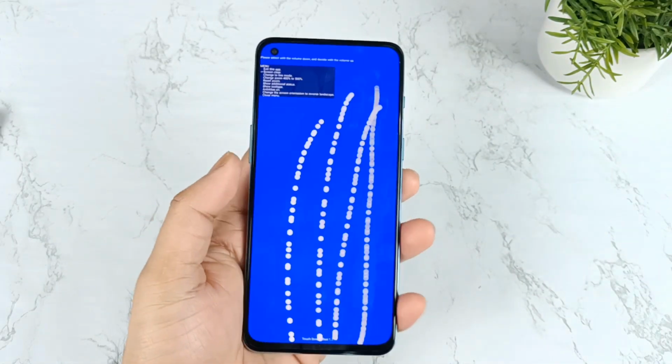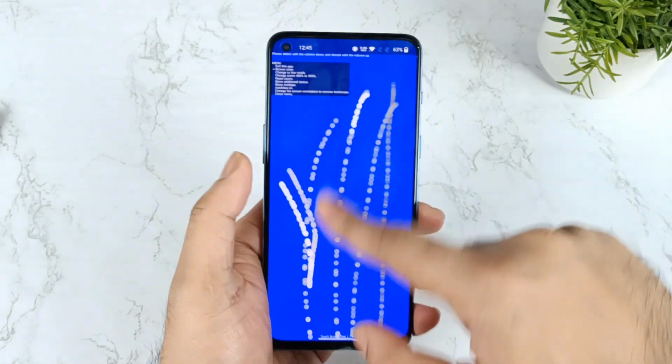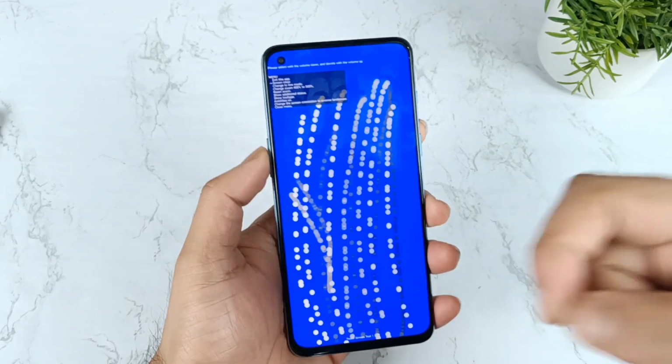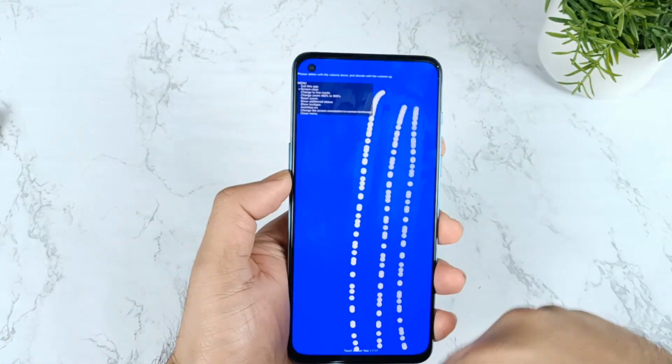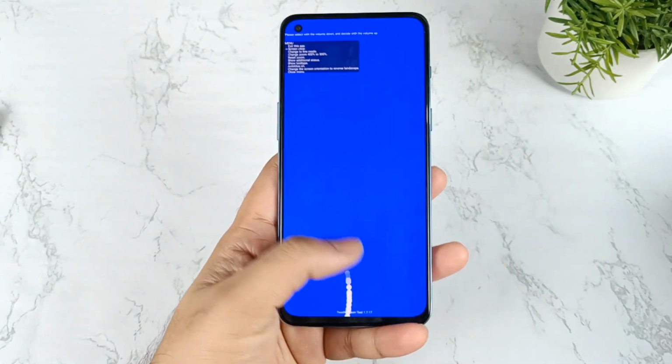So this is a quick test friends on the OnePlus Nord 2 after the recent software update. Overall the touch sampling rate is not improved, not increased, nothing much. So definitely you will feel some kind of problem while playing games a little bit. It's not a huge impact, but just a little bit. At least they should provide a 120 Hz refresh rate. Maybe the next time they'll do it, OnePlus Nord 3 maybe.